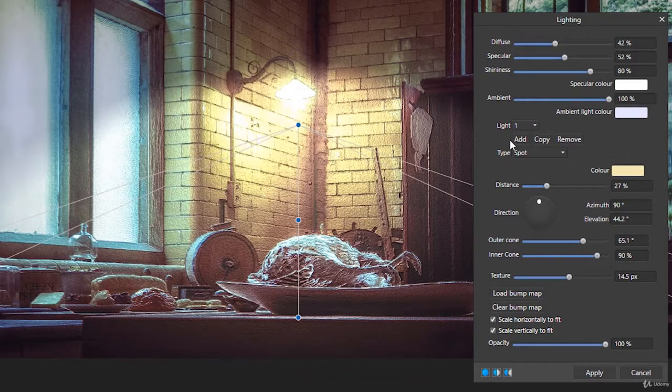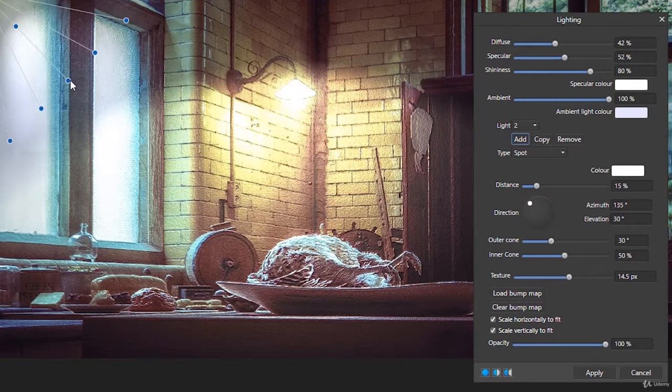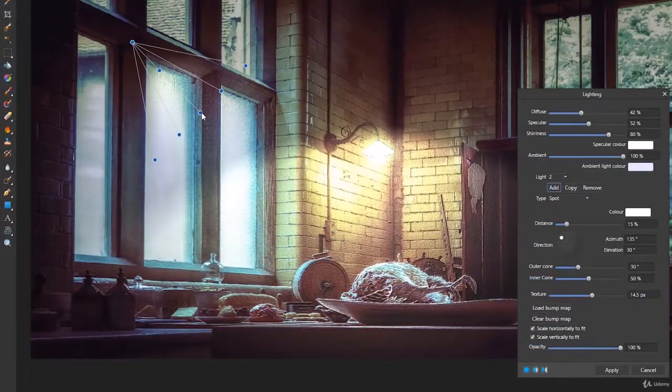We have one light in this scene. Let's come to add, because yes, you can add more than one light. Now, if it's coming from the windows, for example, it's not going to be a spotlight. It's not going to be a single source of light. It's going to be a directional light, because the sun's rays are parallel and presumably it's the sun coming through those windows. So we come to type and we click on